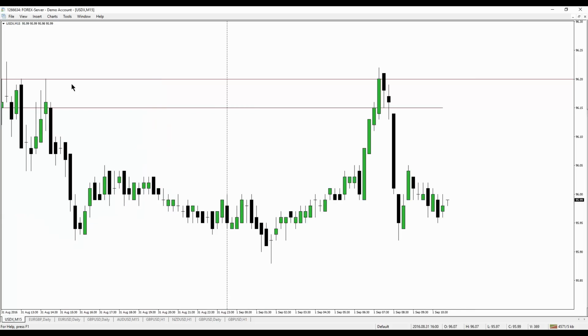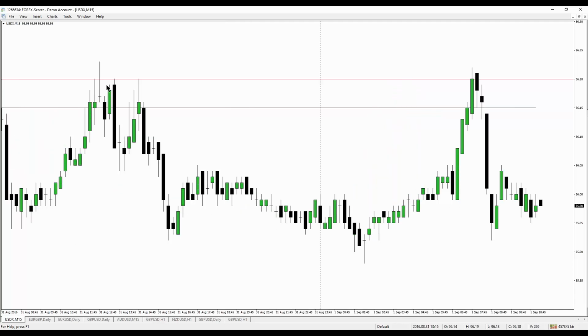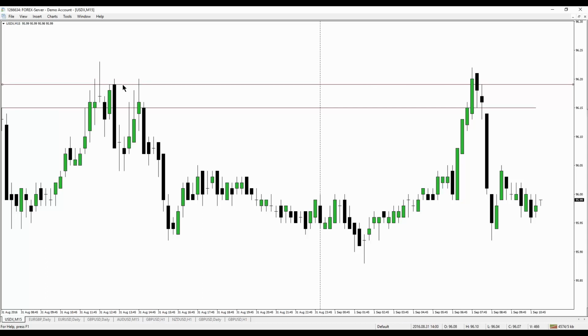And the reaction we've seen going into the London session: we ran right up into the bodies of the candles of the old high over here. Not the wicks, the bodies of the candles. That's where the liquidity rests, just above those levels when it's the bodies. They ran right through it and then immediately rejected and traded softer. Now we have gone back into a small bullish order block in here, and we have a liquidity void as well. That's what I'm primarily focusing on and want to utilize today during the New York session.